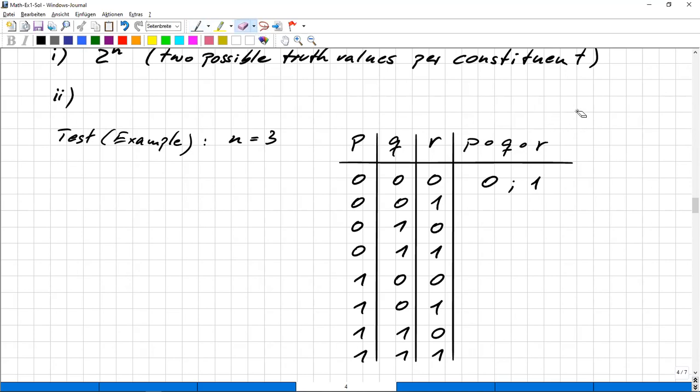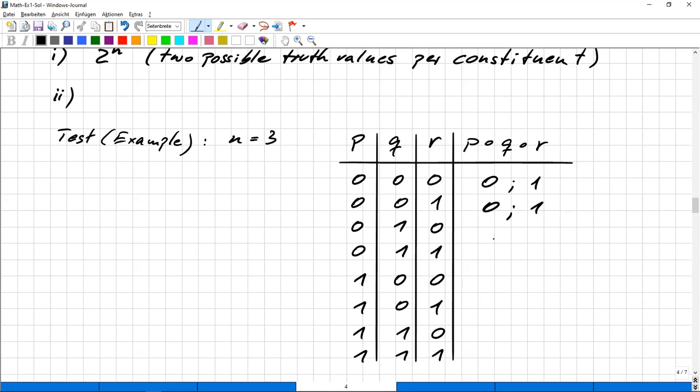The relevant thing is what happens when we build a new such compound with this time 3 constituents. And here I gave you the hint. The hint is every time you build it, you construct an output, and the output in every row can be 0 or 1. This is what I mean with this notation. Okay, so for example, I could